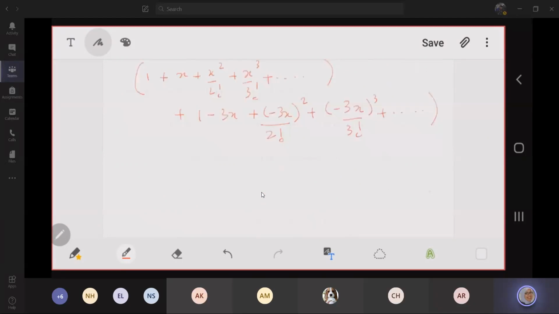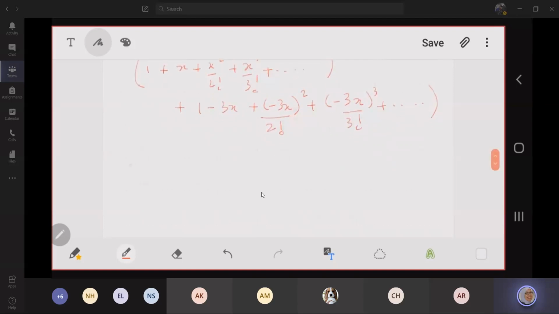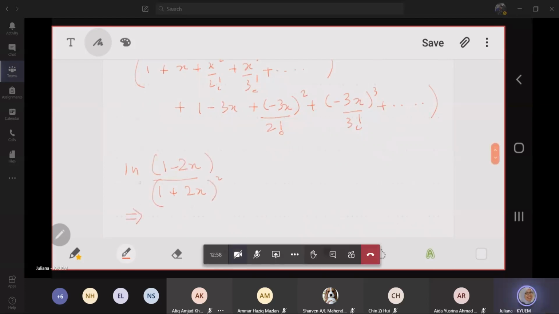Let's say this is an example: ln of (1 minus 2x) divided by (1 plus 2x) squared. Simplify this first, and you get ln of 1 minus 2x